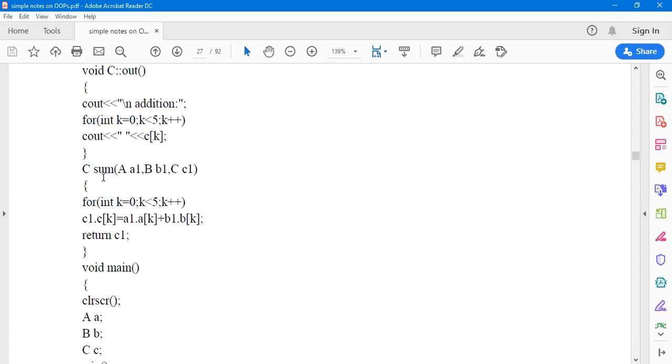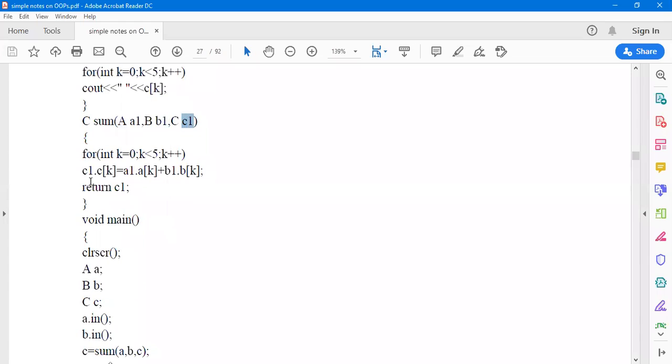Okay, so naturally there was required some third party. So this third party becomes the friend of both classes A and B, and it prints the value C, and obviously it has to be a friend of C as well. So here this is the class and this is the object A1 of class A. Small b1 is the object of class capital B. Small c1 is the object of class capital C. We are passing the arguments here and then we are doing the addition.